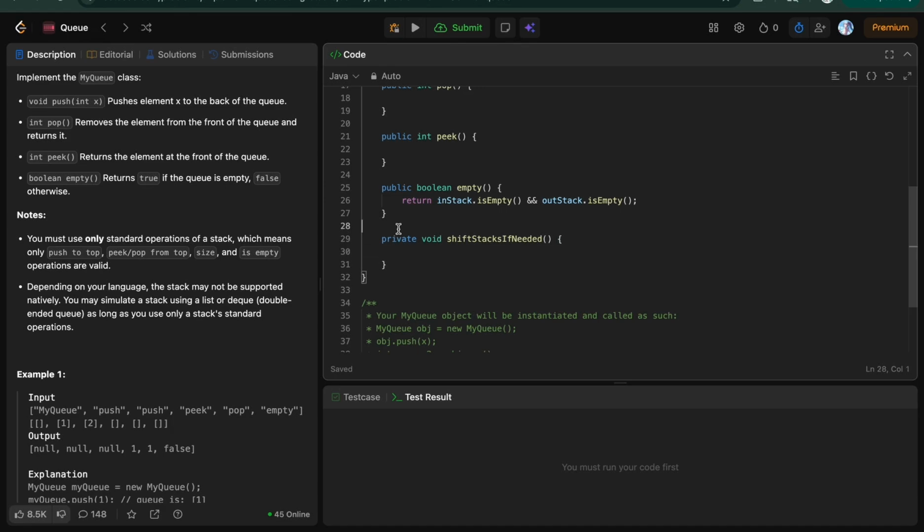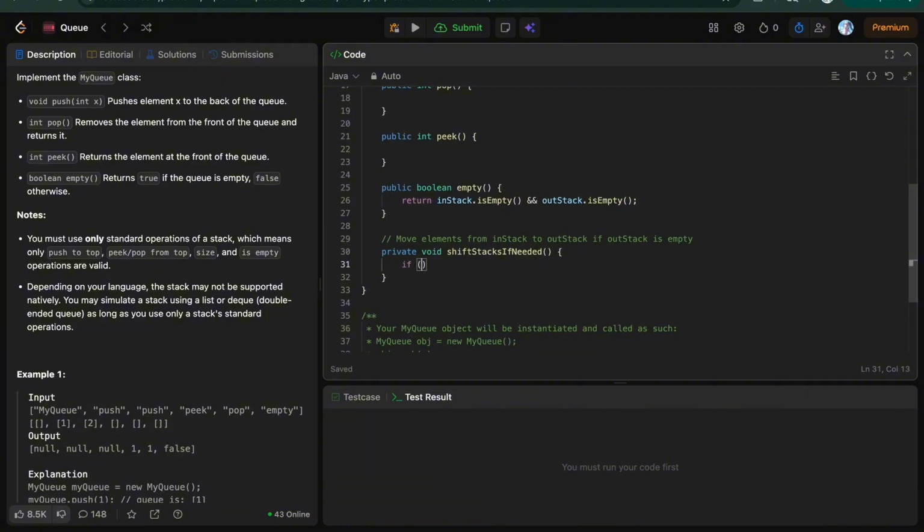Now, the reason why I want to create something like this, and I'll comment it, is we're going to move elements from instack to outstack, and only do this if outstack is empty. Okay, so if outstack dot is empty,